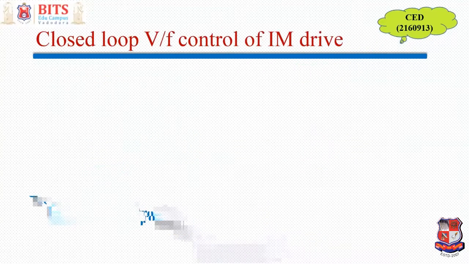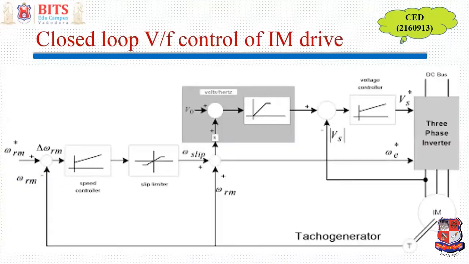Yeah, so today's topic, closed loop V by F control of induction motor. I'll share with you the diagram or block diagram of a closed loop speed control or closed loop V by F control of induction motor drives. Now, as you know, you have already learned in your control systems, closed loop means there is a reference